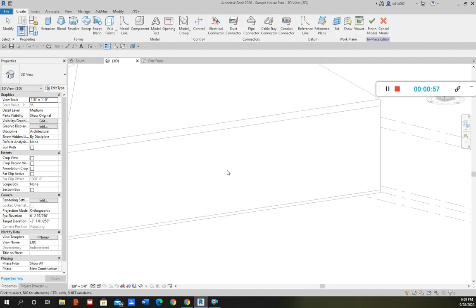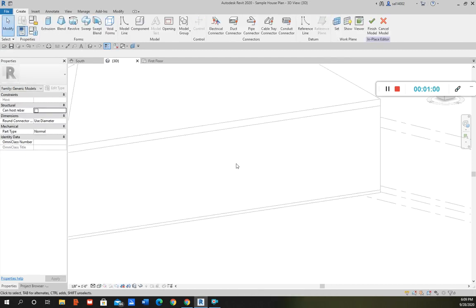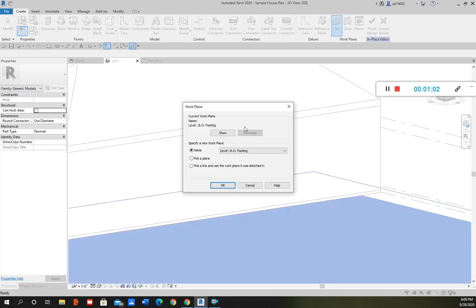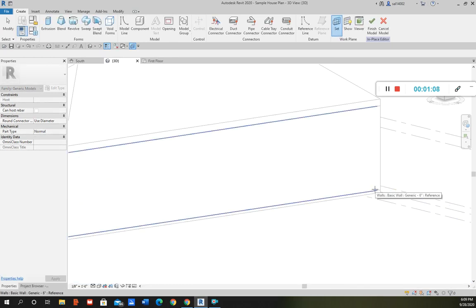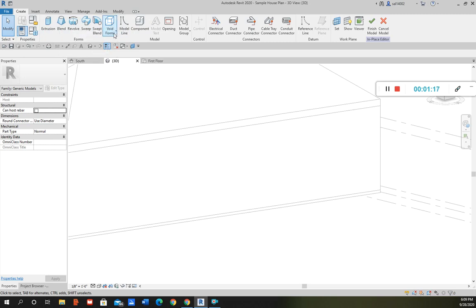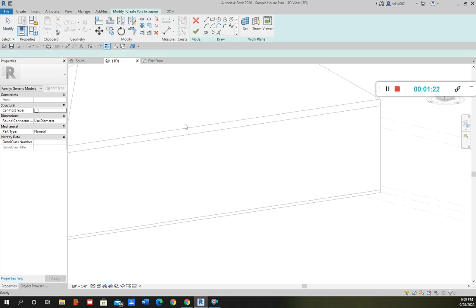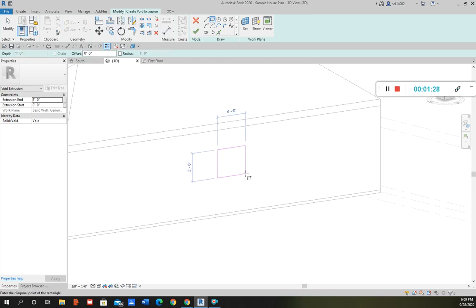Okay, and then we just set the work plane, pick a plane. Okay, and then we want to select this wall here, and then we go where it says Void Forms and select Void Extrusion. And let's say we just wanted to do a simple square opening here,